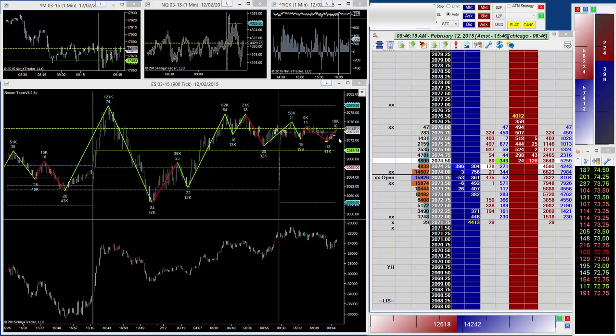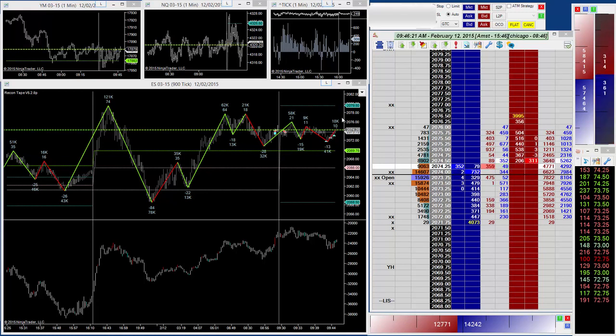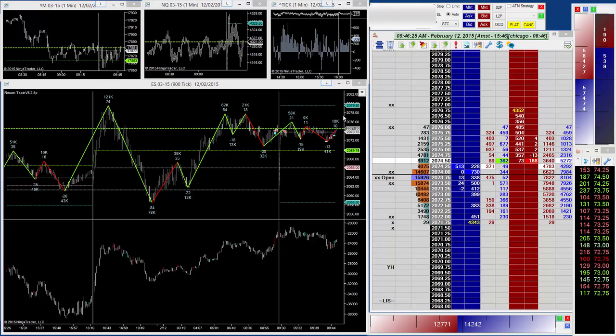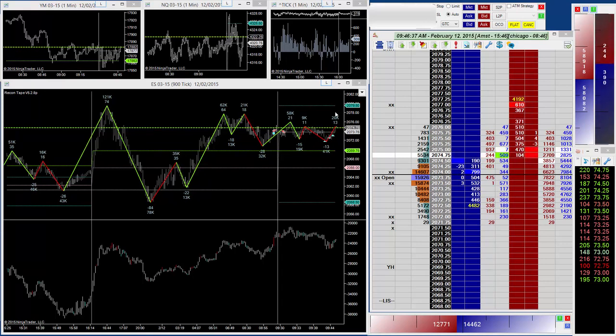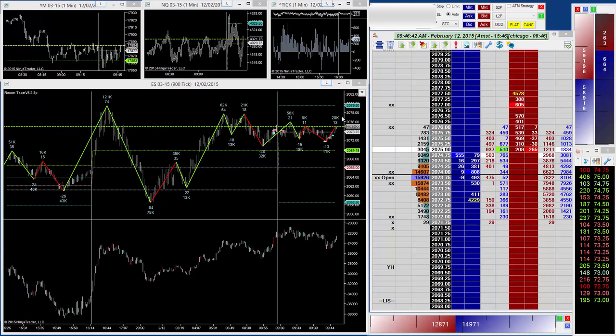Obviously, it's not finished yet. It's just printed the swing. Doesn't mean it's now going to move down. It can still carry on moving up and extending that swing. So as it's building a swing, don't pay too much attention to the volume in the swing as it's building. I'll wait for the swing to be fully established, so it's now with 20k, and maybe even start to pull off and put in a downswing before I really